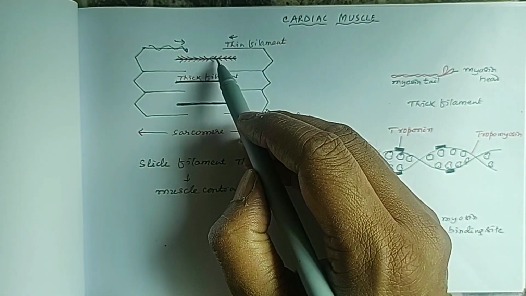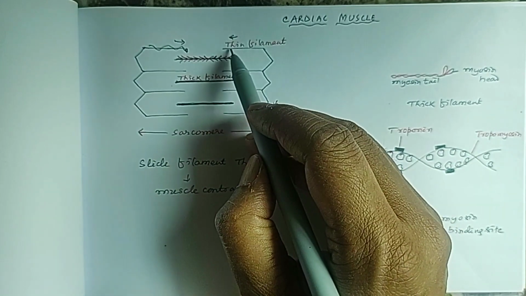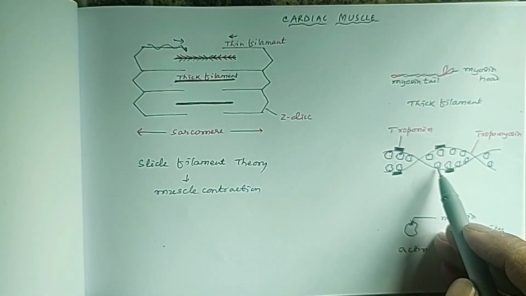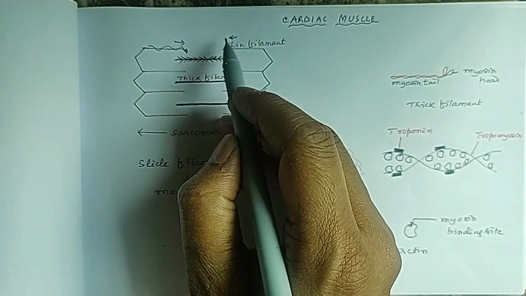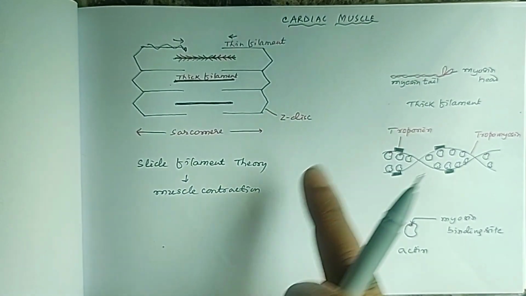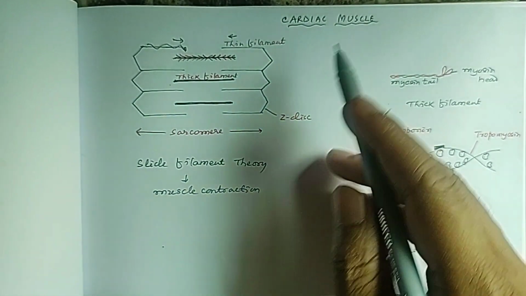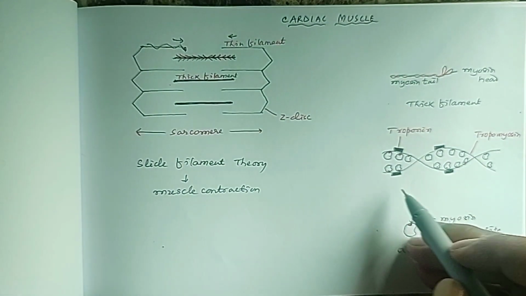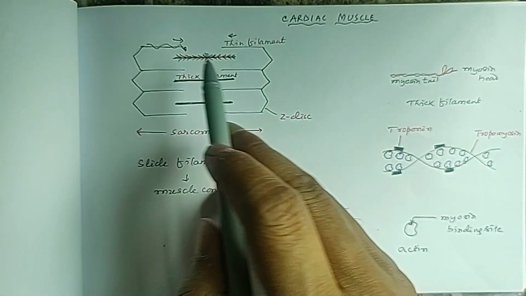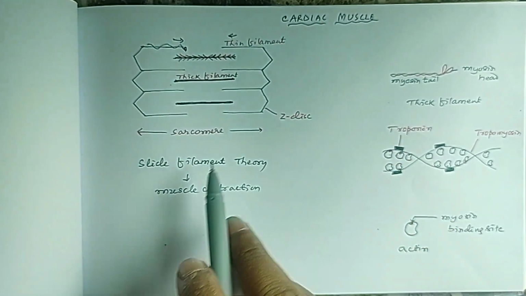And how does this occur? The myosin heads will bind to the actins, and these thin filaments will slide towards the thick filaments. That will result in the contraction of the skeletal muscle as well as cardiac muscle. So we are discussing today the cardiac muscles. Actin myosin binding results in sliding of the thin filament over the thick filament,